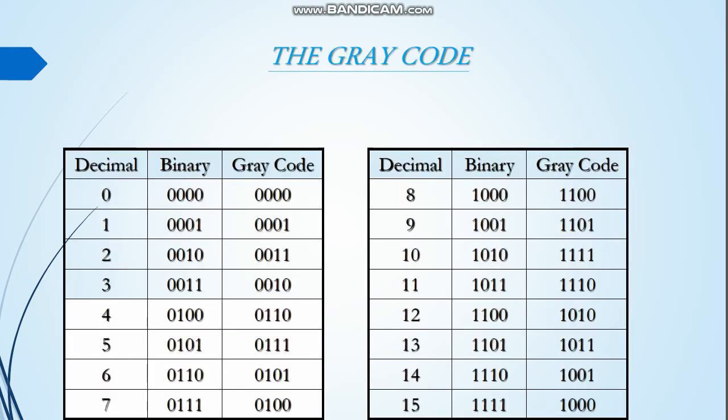Here in this table what is shown is the gray code and the relationship of gray code with binary numbers. We can see these are nothing but the binary numbers. We are already aware of it. This is called the 8421 system. We have already seen this. Now, how is the binary code converted into gray code? That we will see. We are getting these corresponding gray codes for the given binary. We will see in the next slide how these binaries are converted into gray code.